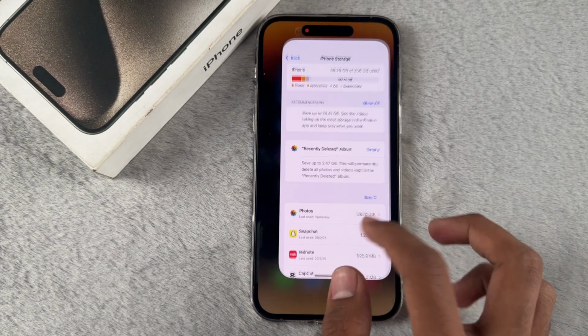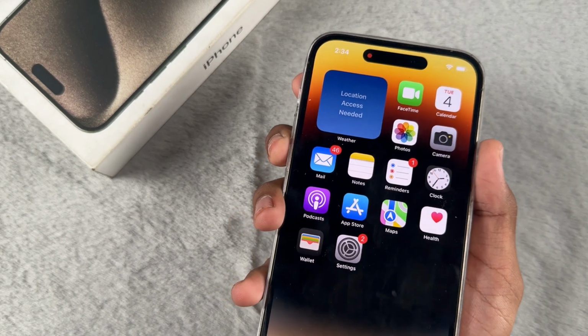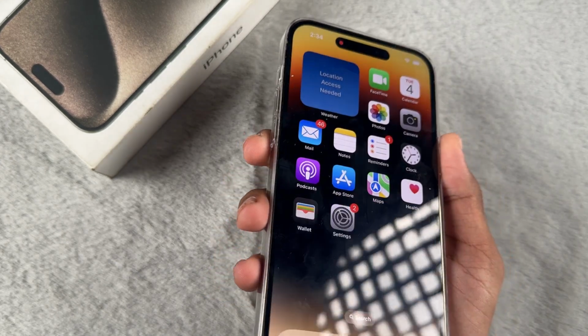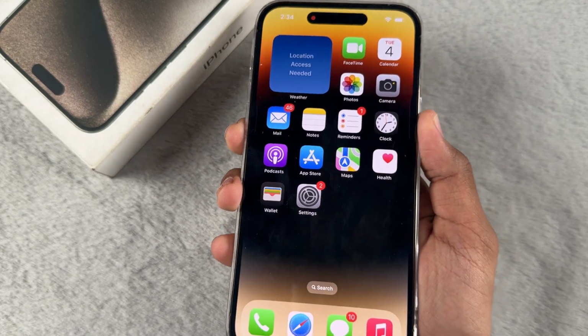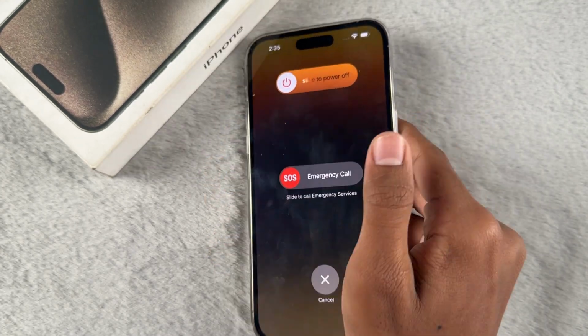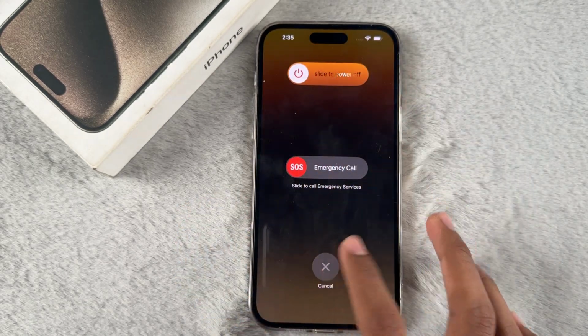Then to restart your device, press and release the volume up button and press and release the volume down button. Hold the side button until the screen goes black and the Apple logo appears. Once the logo appears, slide down to force restart. Then